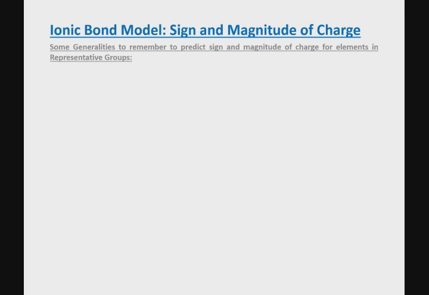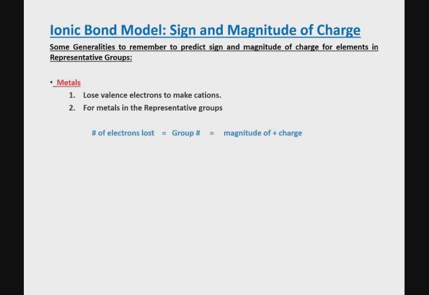Before we start this session to look into how to write chemical formulas of ionic compounds, compounds where cations and anions are attracted in order to create a formula unit, let's restate some of the generalizations that we worked on in a previous session. In the previous session, we decided that metals lose valence electrons to make cations, and for metals in the representative groups, those are the groups that have the letter A